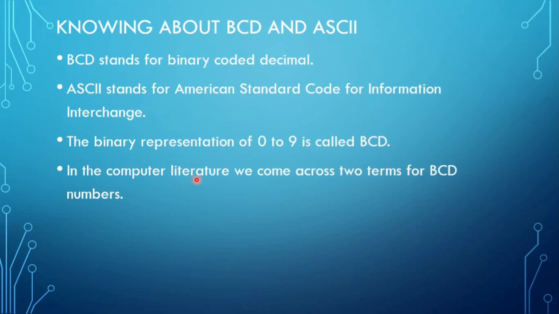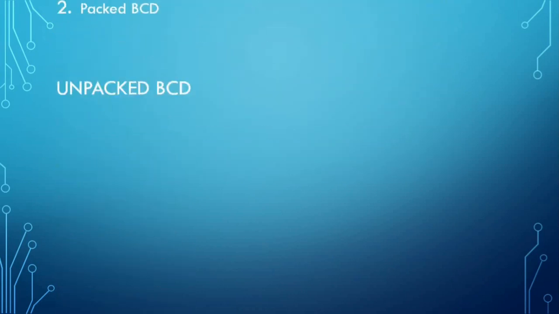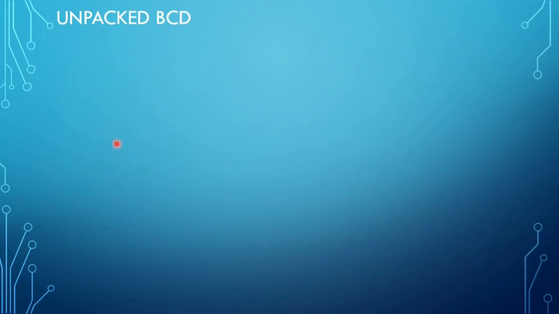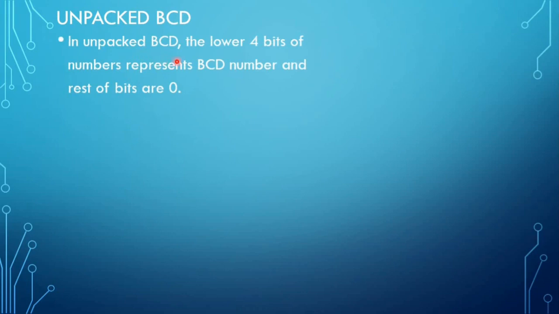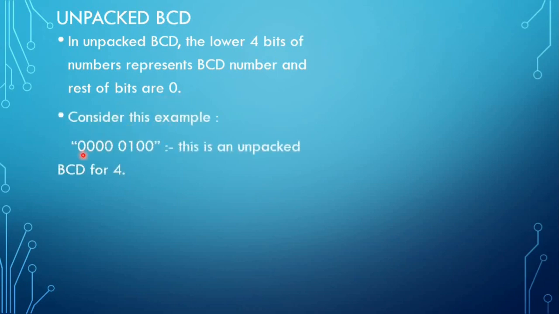In computer literature, we come across two terms for BCD numbers. The first one is Unpacked BCD and the second one is Packed BCD. So the first one is Unpacked BCD. In Unpacked BCD, the lower 4 bits of numbers represent the BCD number and the rest of the bits are 0. Consider this example